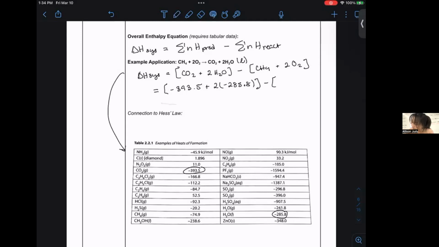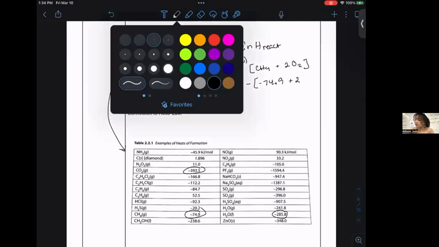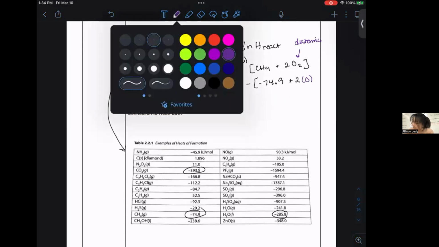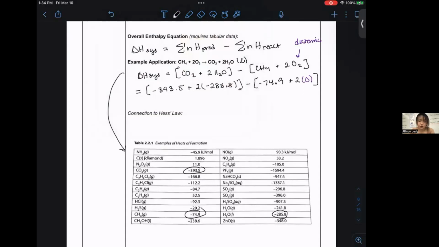So, I didn't write this small enough. CH4 is gas, negative 74.9 plus 2 times, well, O2 is a diatomic element. It's in its natural state. So we would say times 0. And what you get then is